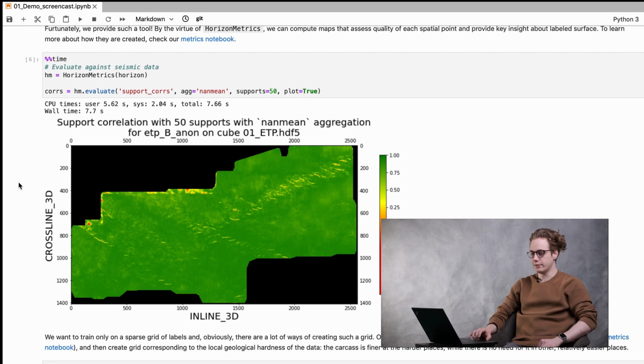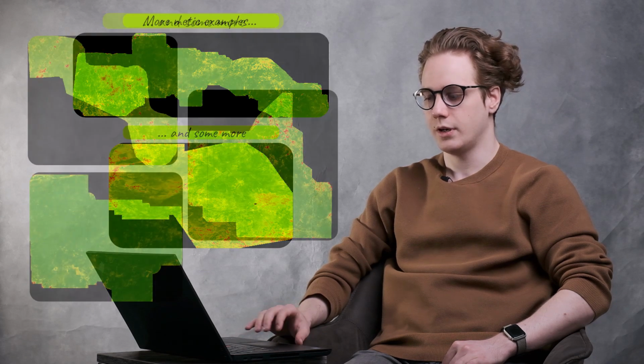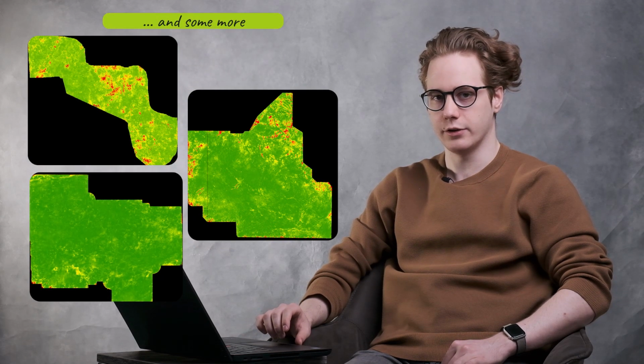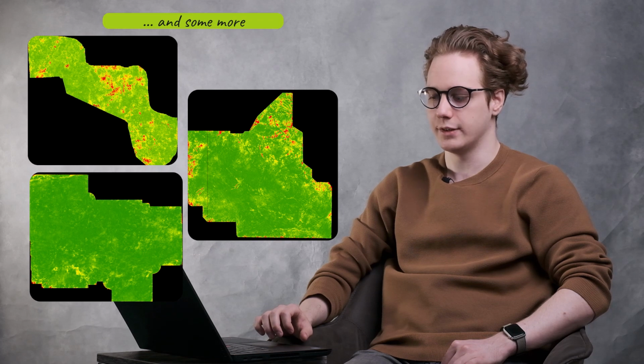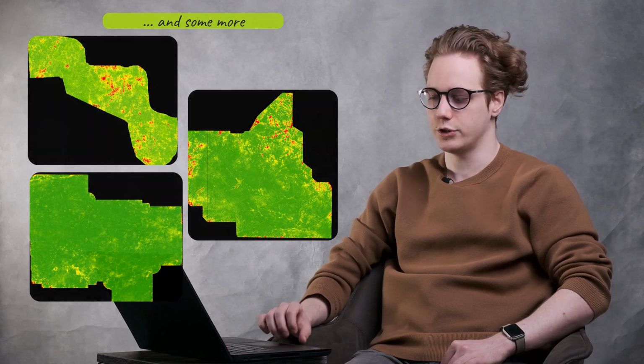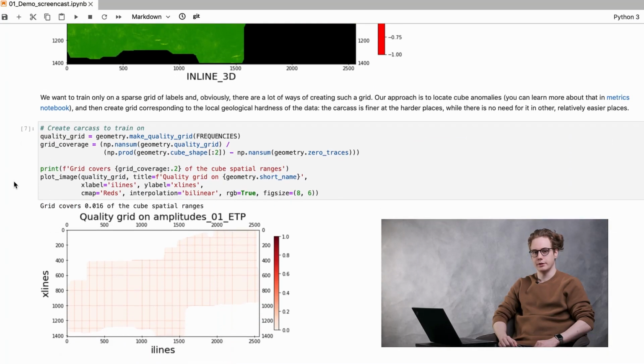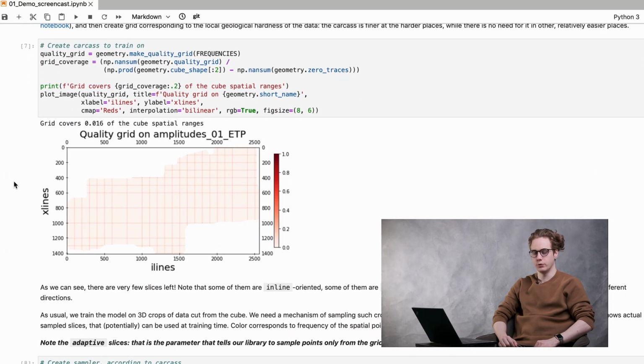As this horizon is trivial, the whole map bursts with green, and the yellow lines correspond to areas of faults or cube defects. On other horizons, on other fields, the metric can look very different and allows us to make quantitative conclusions about surfaces. Note that computations are heavily vectorized and computed on GPU. By using CuPy, we sped up the entire process by a factor of 20 compared to regular CPU computations. So, having a metric to evaluate our result, we can move forward.